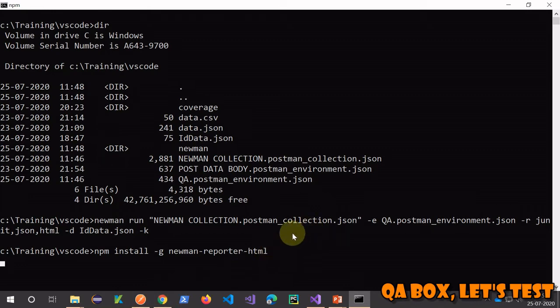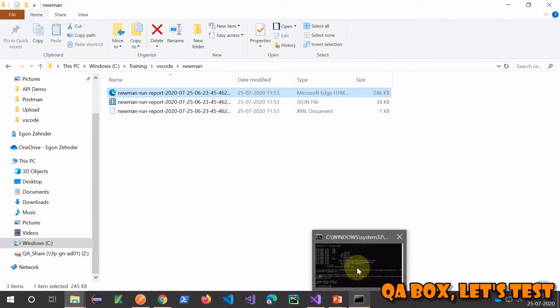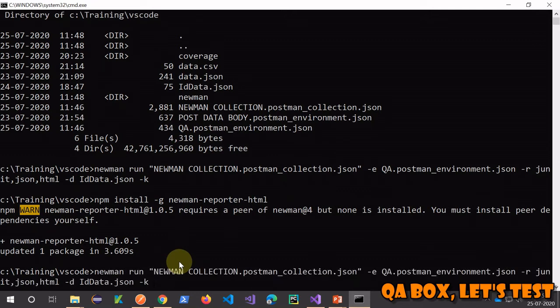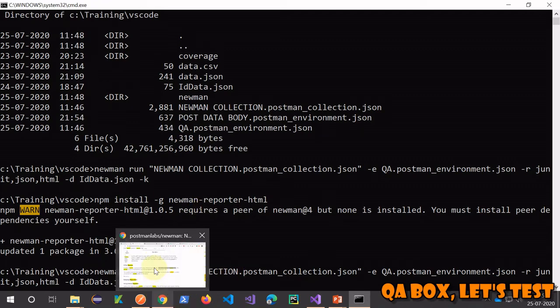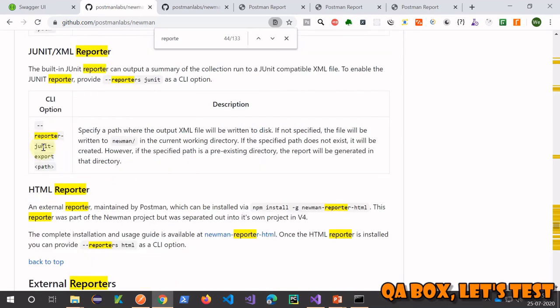And we are going to see one more thing. So instead of generating reports inside the Newman, right, you can also control it from the Newman command line. All you have to do is provide the location where you want to generate that file, and this is something that we are going to see next. Okay, for that what you have to do is you have to provide one more parameter, and let's see,